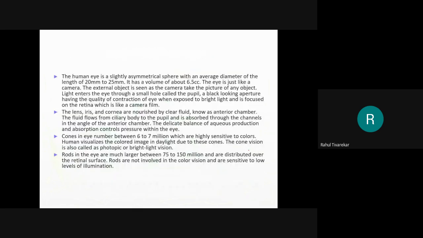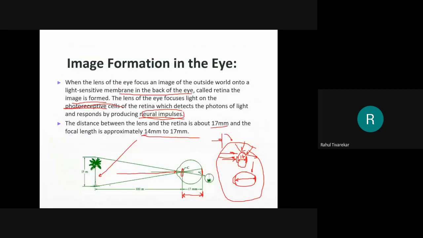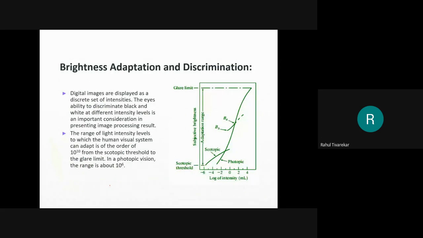So we discussed image formation. We discussed the structure of an eye. Now, the last thing is brightness, adaptation, and discrimination. The digital images are displayed as a discrete set of intensities. The eye's ability to discriminate black and white at different intensity levels is an important consideration in presenting the image processing result. So as I said, its ability to discriminate between the black color and white color